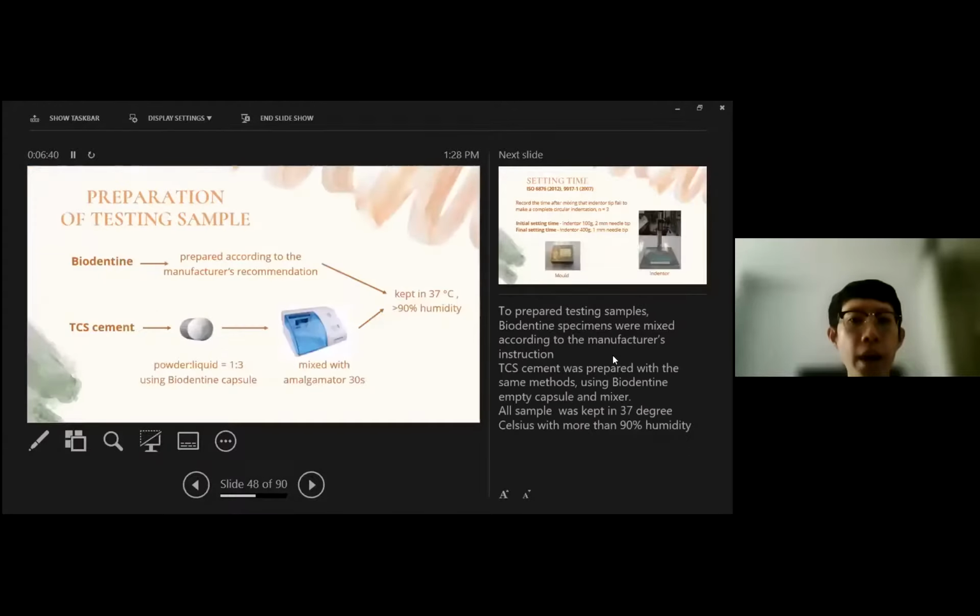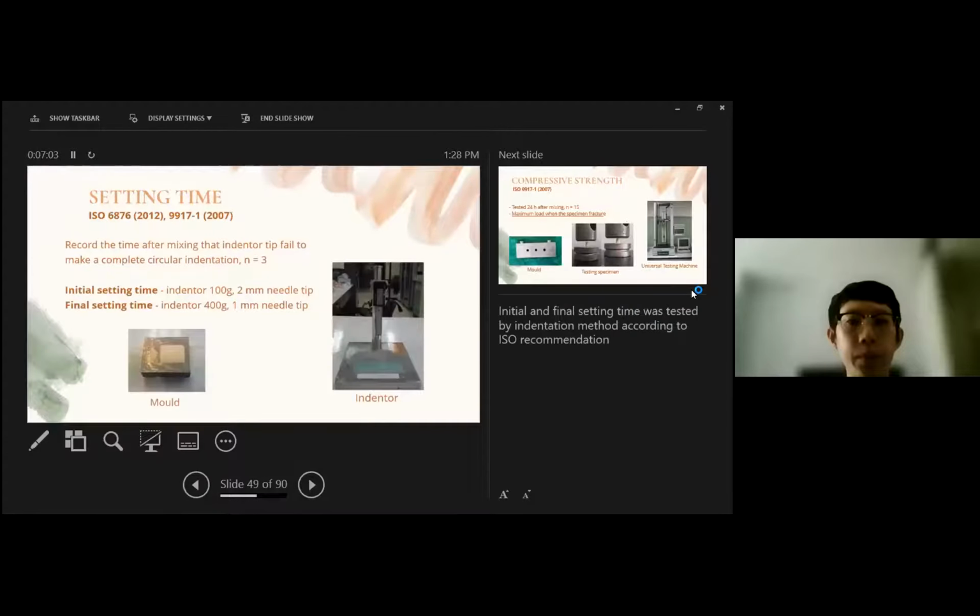To prepare testing samples, Biodentine specimens were mixed according to the manufacturer's instructions. Tricalcium silicate cement was prepared with the same methods, using Biodentine liquid, at 37 degrees Celsius with more than 90% humidity. The initial and final setting time was tested by